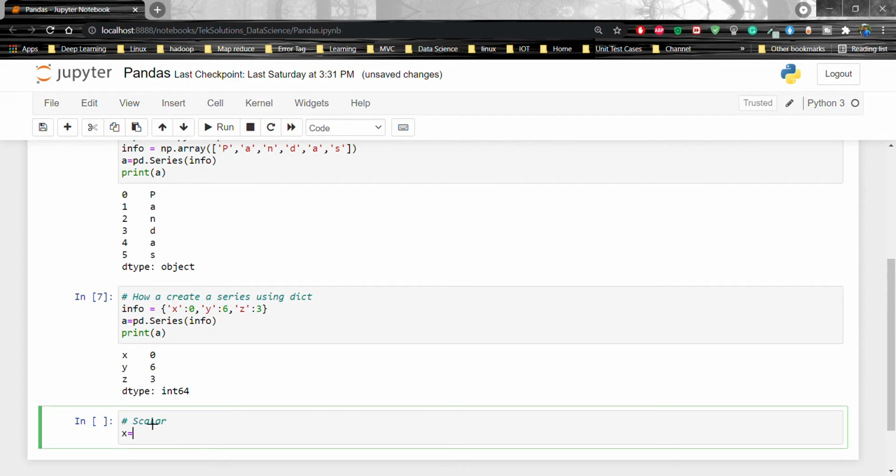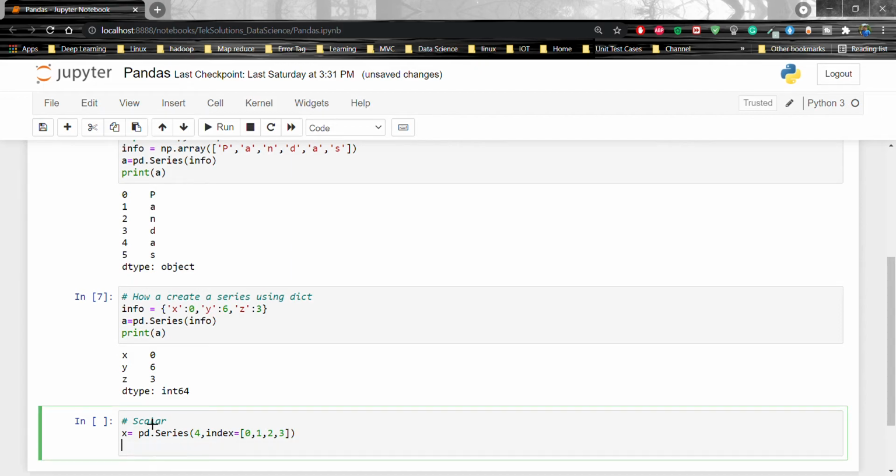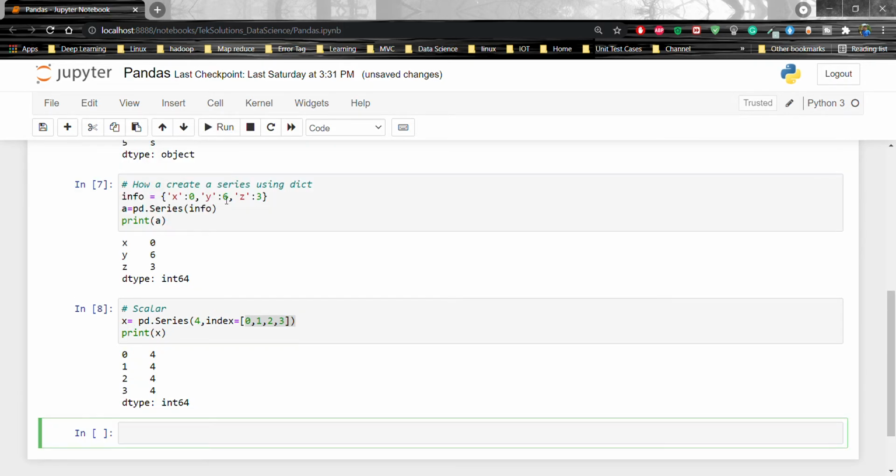So x equal to pd.Series, with S capital, we are going to pass 4, and index 0, 1, 2, 3, and then print x. Let's run and see what the output will be. 4 4 4 4 will be there, and the index will be 0 1 2 3. Right.